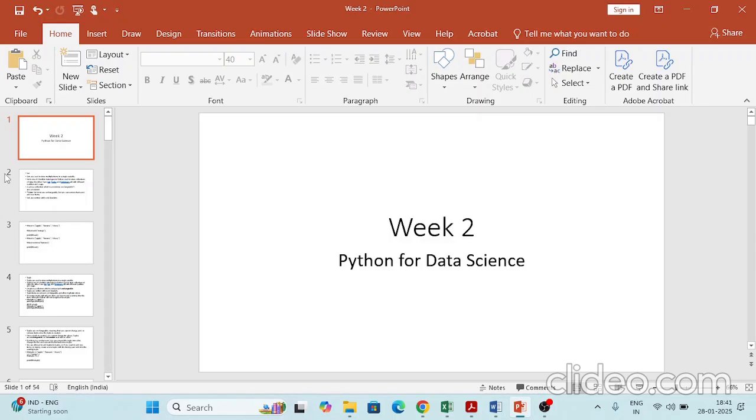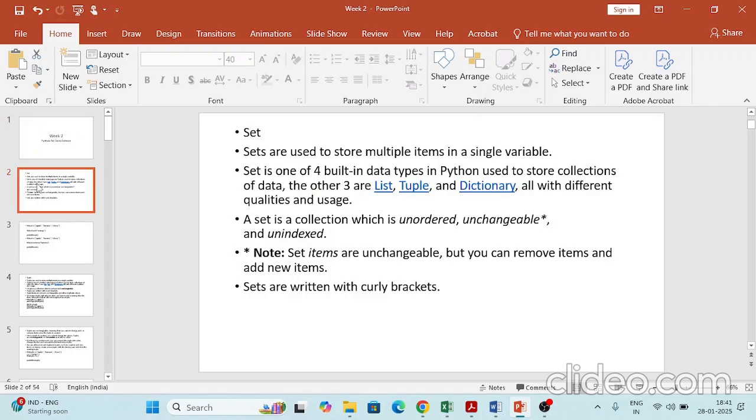Okay. So if you don't know the concepts of these, it's very tough to do the week 2 assignments. We will see some of the concepts, what is meant by set and what is meant by list and all